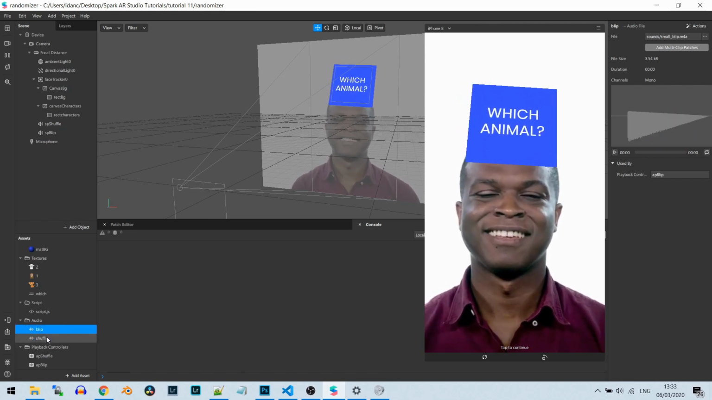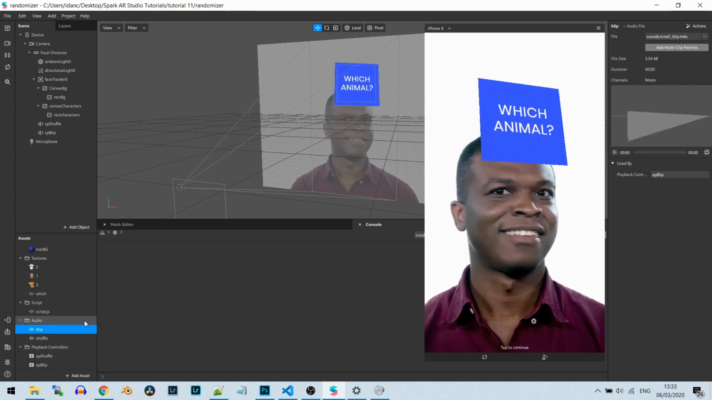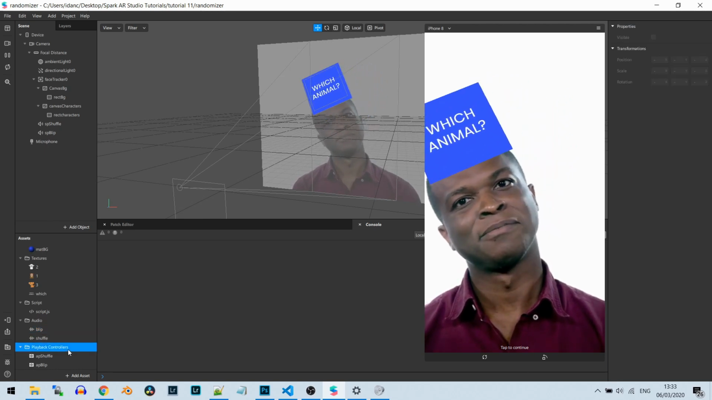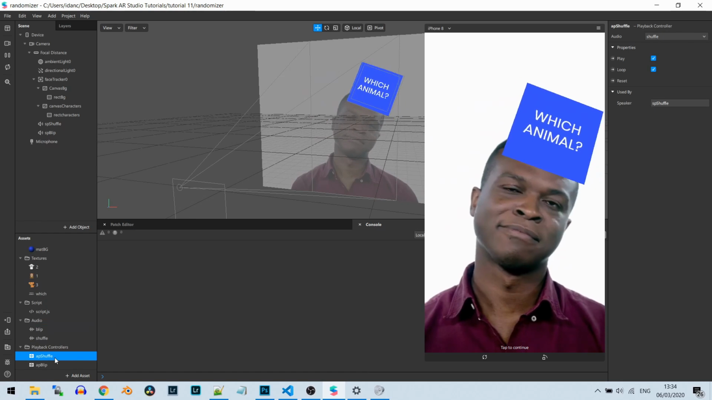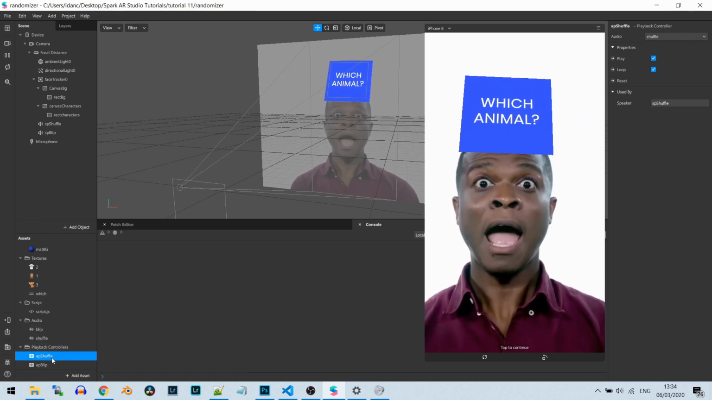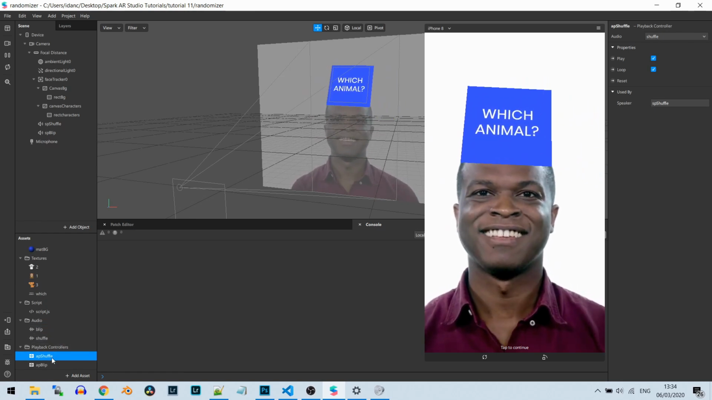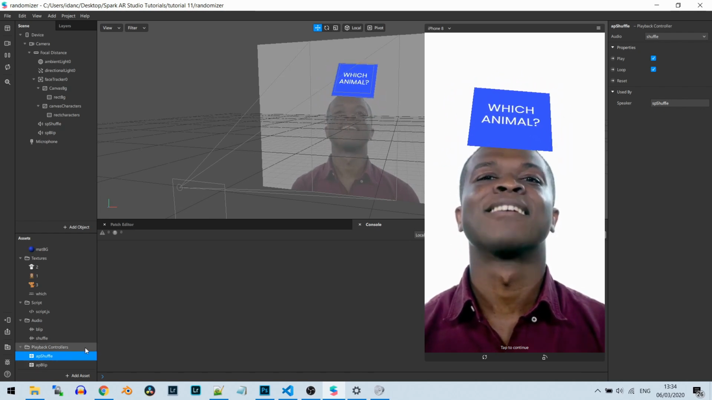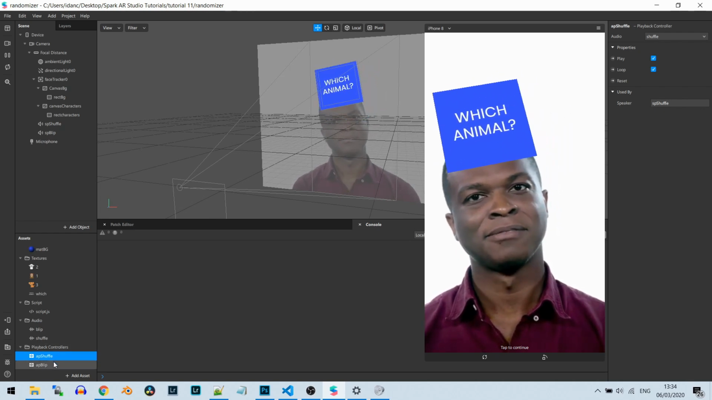Alright, so we have 2 audio clips that are important in Spark AR Studio, and I also created two playback controllers. One for each, because I need to play them, and I need a playback controller if I do it from script, because I'm going to access those in the script. So the first one is called